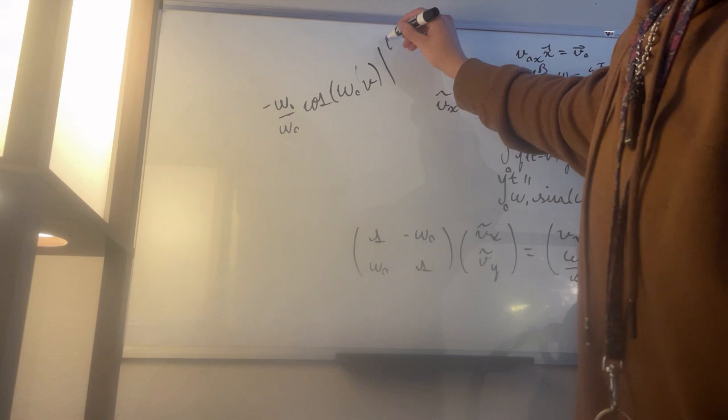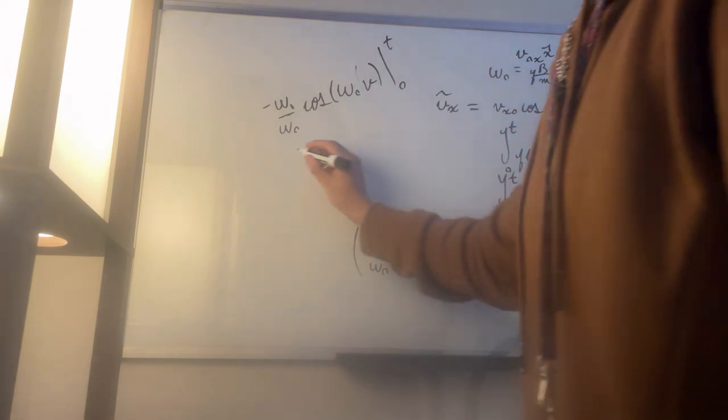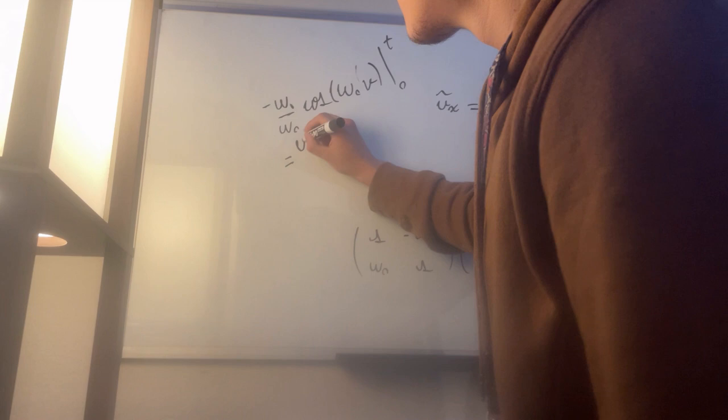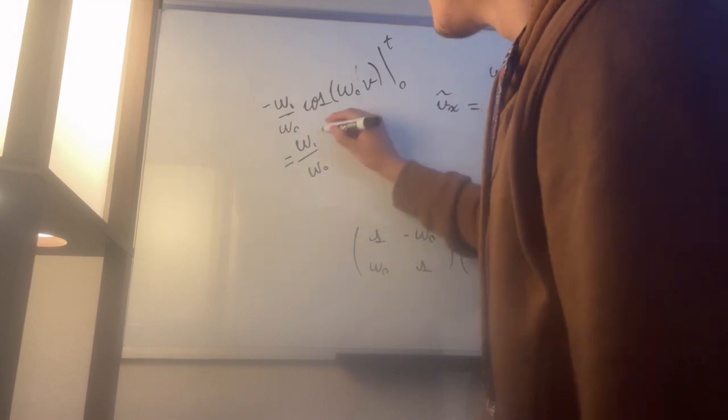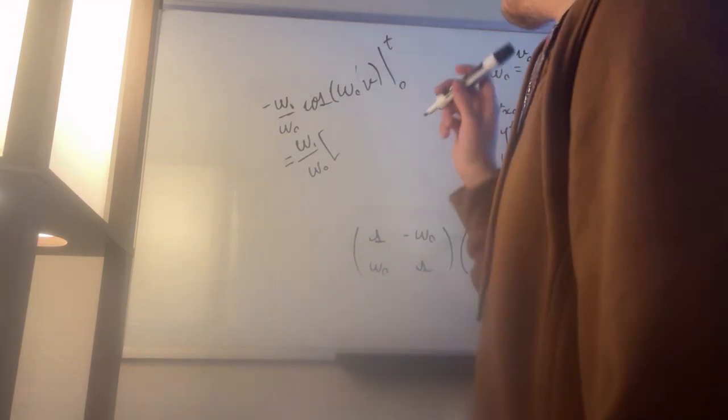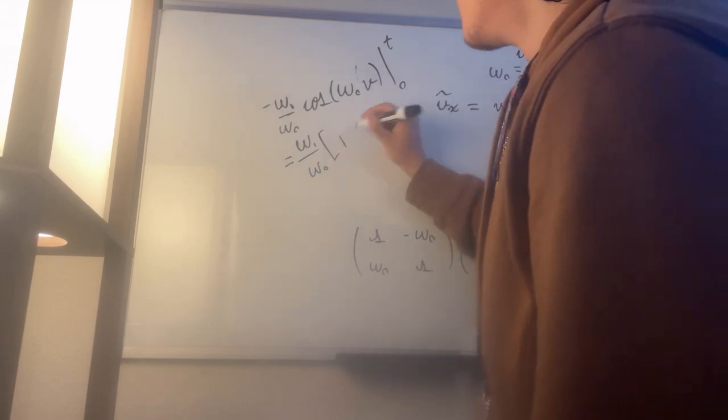So this is going to be omega 1 times, since this is a sine, it's going to be negative omega 1 cosine over omega naught, evaluated over t and then 0, which is, I'm going to reverse the signs here, so 1 minus